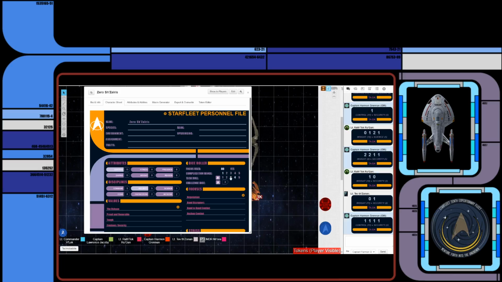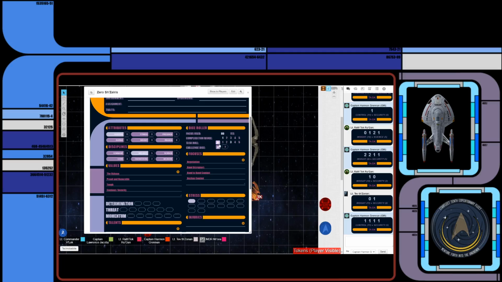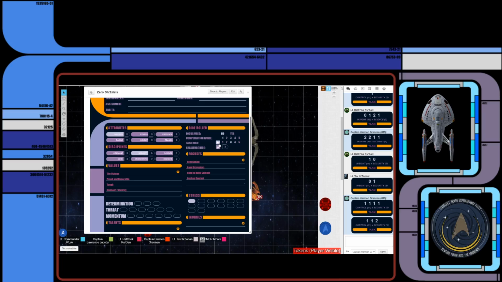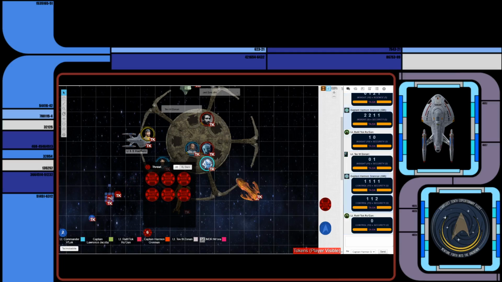If you do not mind too terribly, Zero's gonna spend a momentum. Yes, go ahead. And you guys stay. Yep, give me a control security. They're going to spend 3 threat for...